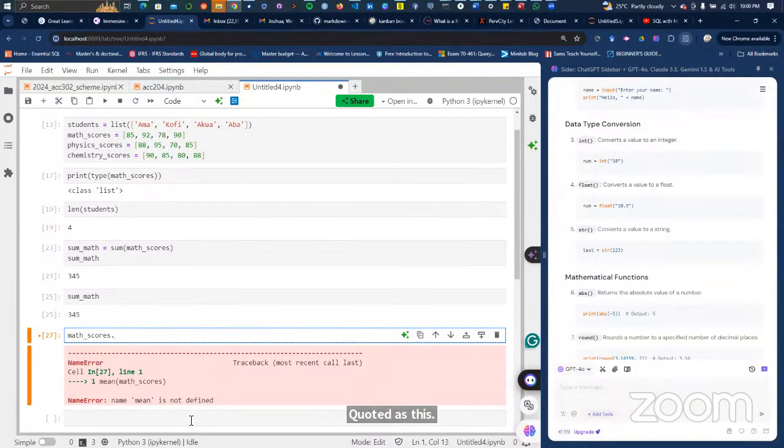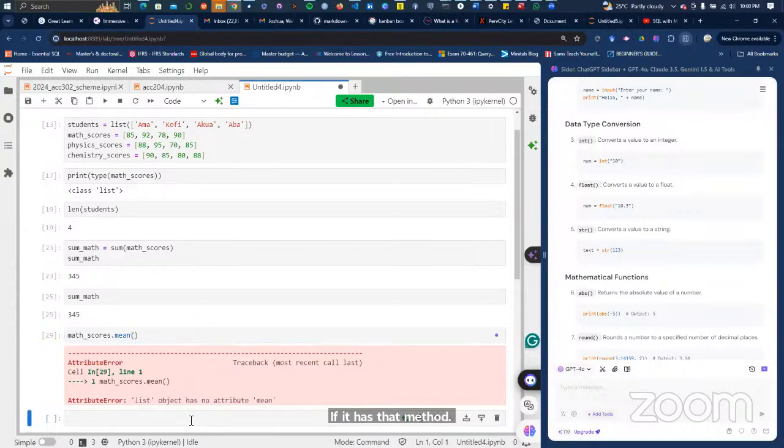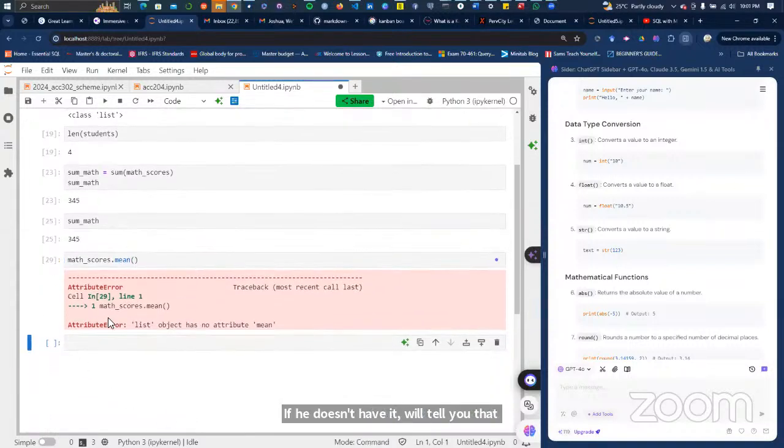The methods are always applied as a dot notation. Math scores dot mean, like this. If it has that method applicable to it. If it doesn't have it, it will tell you that object doesn't have this method. So let's read it. It says attribute error. List object has no attribute mean.